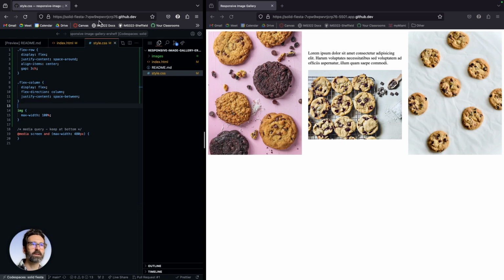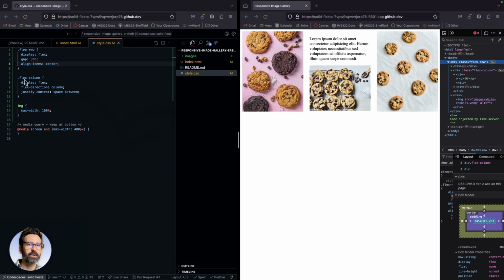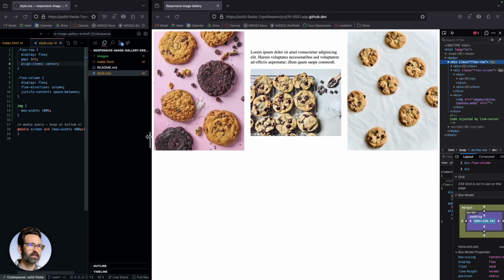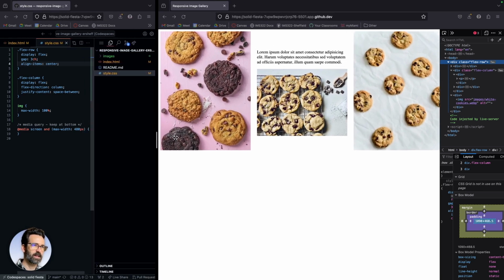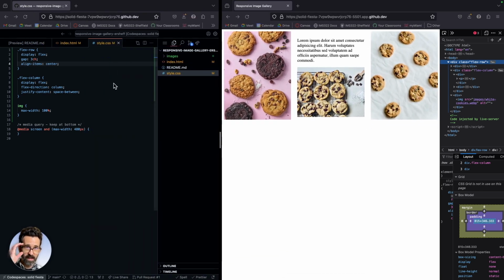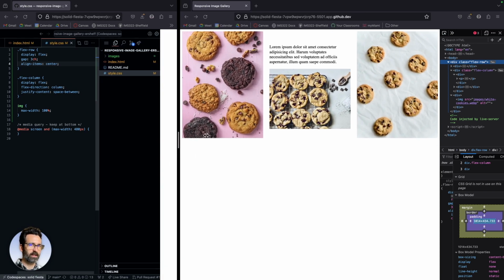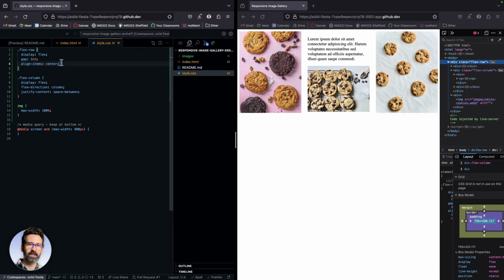Space between. The styling that we were putting on the flex column was just fine. We've got display flex, flex direction column, and justify content space between. And I've left it in the not working state so I can show you what's going on here. It was actually the align items center of our parent row that was affecting the alignment of those two middle elements there. So if I remove align items center,